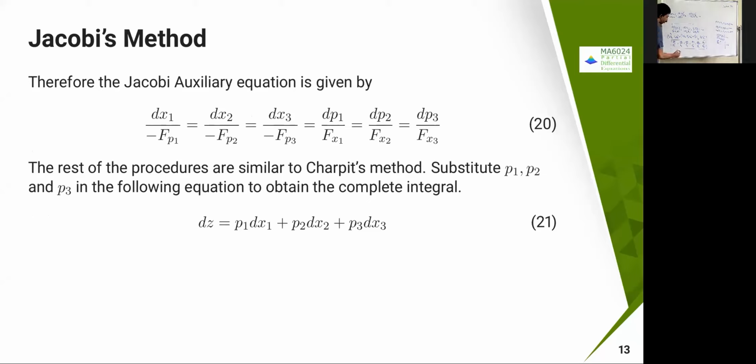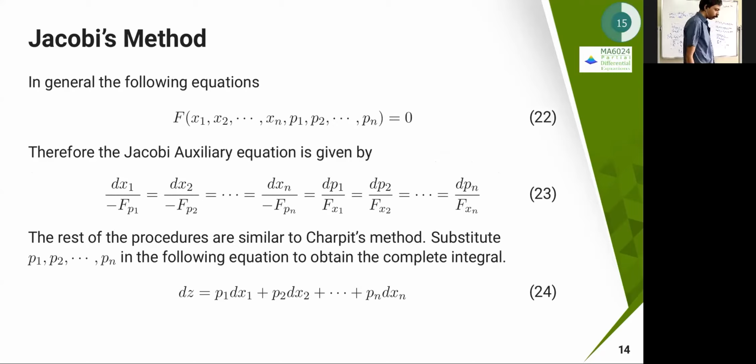You can find the values of P1, P2, and P3, and substitute them over this equation, summation Pi dxi. Then integrate it and find the constant. So P1, P2, P3 you can find. It is enough to find P1 and P2, and you can substitute them over here. Then you will get a relation for P3. Then substitute it in this equation, and there will be one more integration constant. So let's see one or two problems, and then we'll understand how to do it. So this is the procedure.